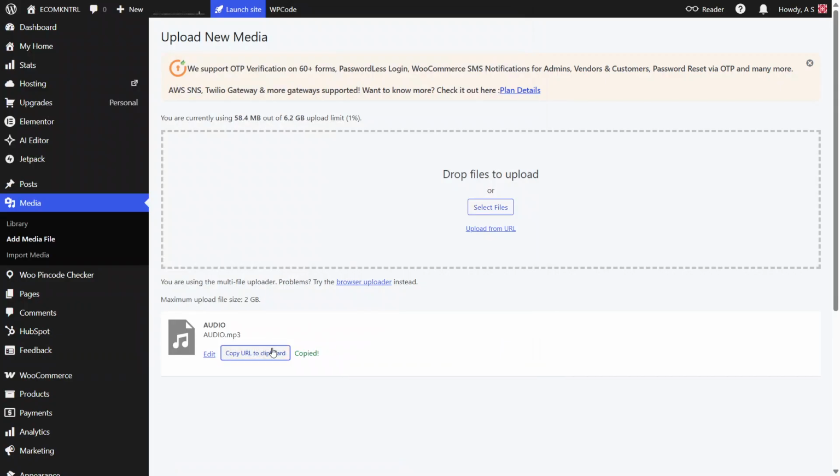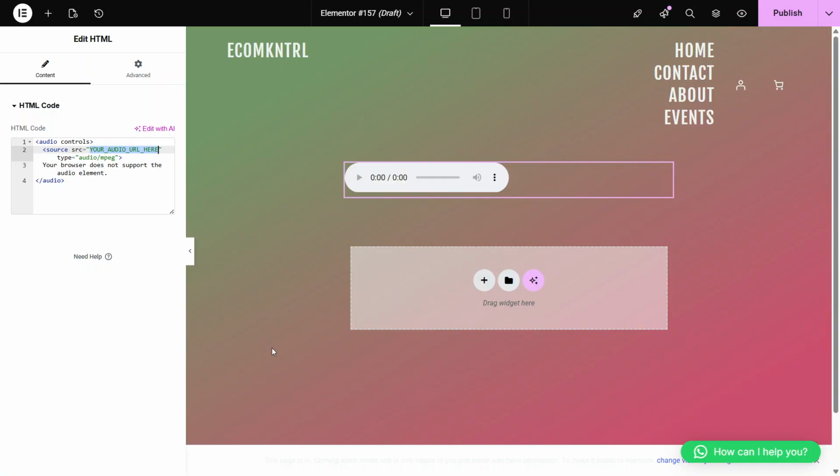Now return to Elementor. In the HTML code field, carefully replace the placeholder URL after src with the audio URL you just copied. Make sure you don't remove any quotation marks or other parts of the code, just swap out the link itself. Once you're happy with how the music player looks and everything is working, go to the top